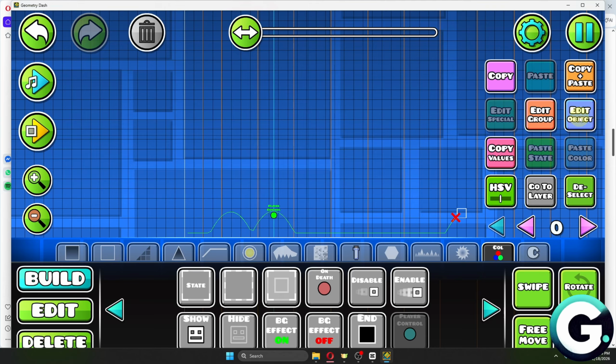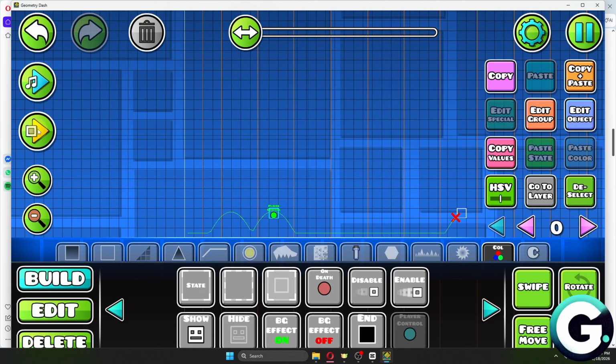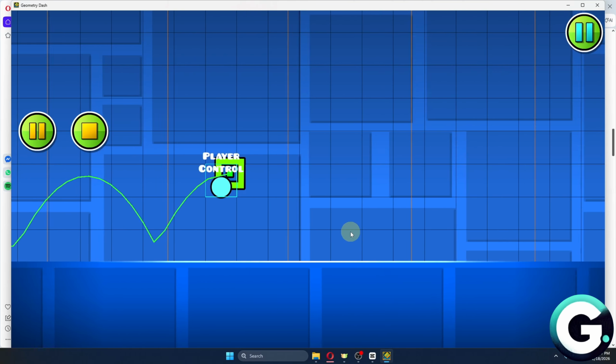Now you just want to click on the edit objects option and you want to make sure to select player 1 or player 2, or you can select both. And then inside this page, we then have the stop jump option. Now you can also add another functionality like stop move, but in my case, I'm just going to add the stop jump and the stop move. From here, click on the touch trigger, click on OK, and basically if we play out the level right here,